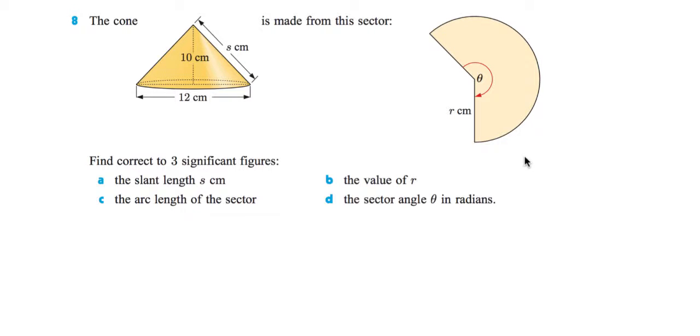Question number 8. The cone is made from the following sector. Find, correct to three significant figures, A, the slant height S. So first thing I noticed, the slant height is the hypotenuse of this right triangle through the center of the